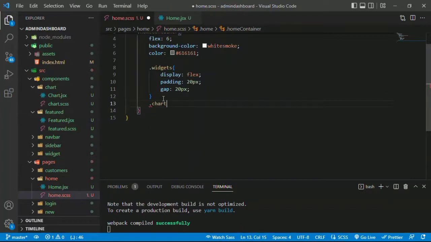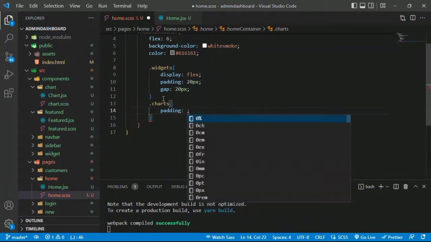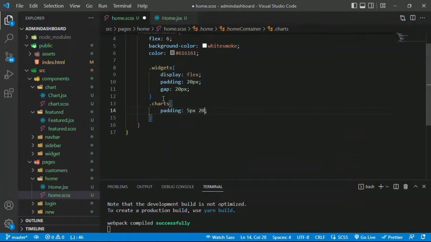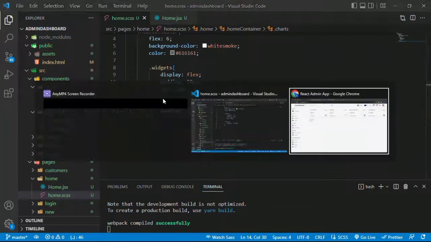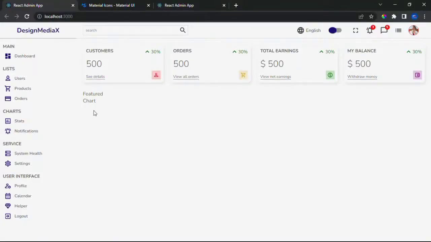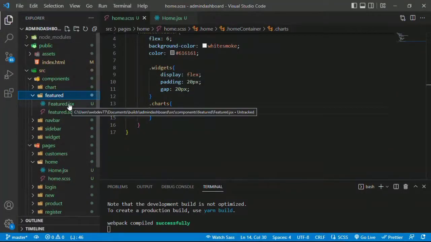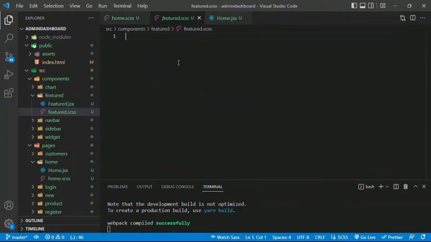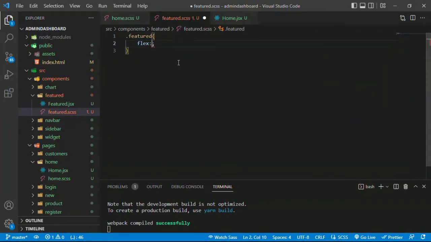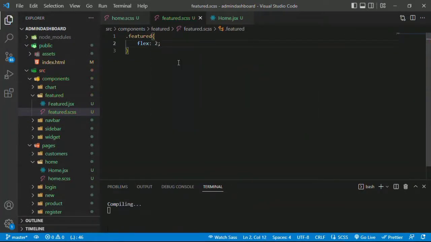So in here I'm going to say for charts, we're going to say padding here of 5 pixels top and bottom, 20 pixels left and right. Right, so in featured.scss, here we're going to have featured. So we're going to have here flex 2,